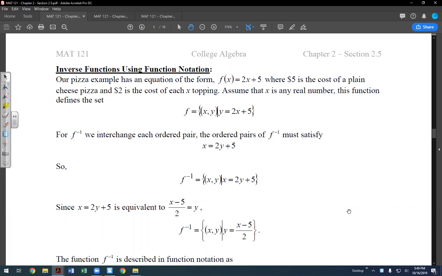Okay, so this is actually where we get into our function notation. How can we write an inverse function using the function notation? And then, of course, we'll talk about how to find inverses. So just as a quick example here, we're actually going back to our pizza example that we looked at in